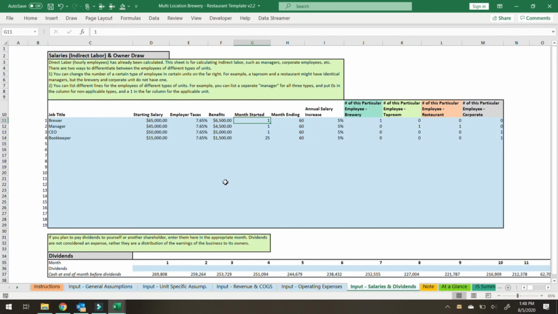If you have somebody starting in year 2, you would enter month 13, etc. There are 60 months in the model, so if somebody ends in month 60, that means they're present for the entire model. And then an annual salary increase as well. That will increase every year on the first month of the year. And then in order to get these individual salaried employees into the 3 different types of model, plus the corporate model, so actually 4 different types of model, we've got this chunk of the chart here,